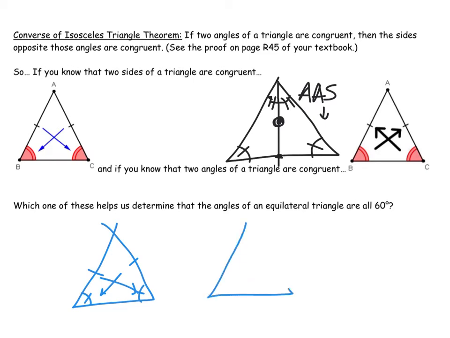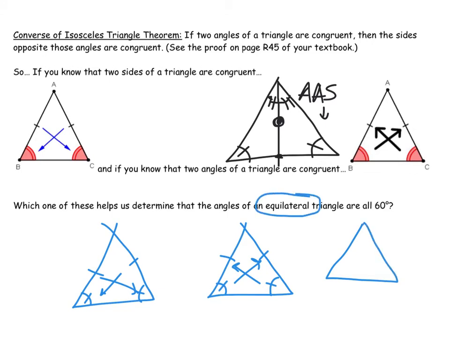And the converse says, if I know that the two angles are congruent, then I can conclude that the two opposite sides are congruent. So which of these rules helps us determine that the angles of an equilateral triangle are all 60? So this time I'm told that I have an equilateral triangle, which means this is congruent to this